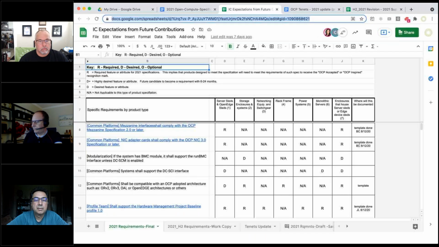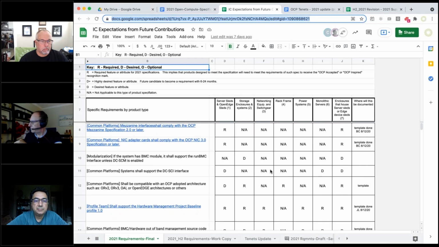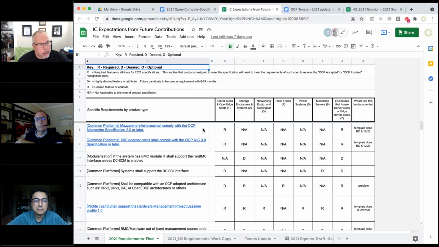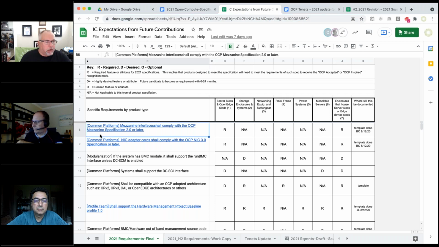Okay. So if we look at this spreadsheet, this list of requirements, can we theorize where one of those is? Yeah, let's look at this top one, line 8. Okay. Says the mezzanine interface shall comply with the MES 2.0 or later specification.